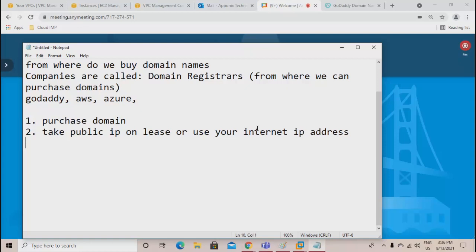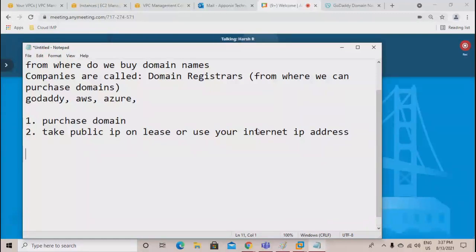So every company, they will first purchase a domain name. They will take a public IP on lease. From where you can take a public IP on lease? From your telecom provider. If you go to Vodafone or Airtel, you can ask in the gallery that you want a public IP. So they will say that okay, you can buy it for 1 year. You can lease it for 1 year. Purchasing is not an option. Per month, I think Airtel and Vodafone, they charge about 100 rupees or something. So that will become your dedicated public IP.